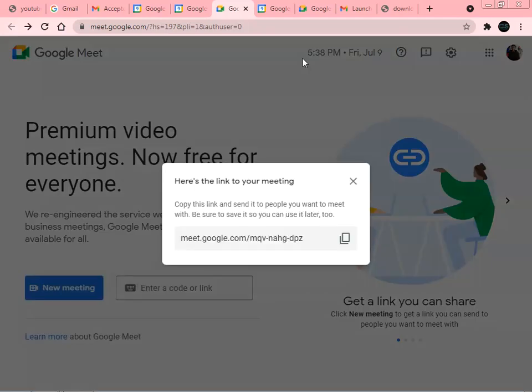But it has a disadvantage: this particular link is not going to be stored anywhere. So it's the responsibility of the end user or the host to store it, because the dialog box is showing the message: copy this link and send it to people you want to meet with. Be sure to save it so you can use it later.